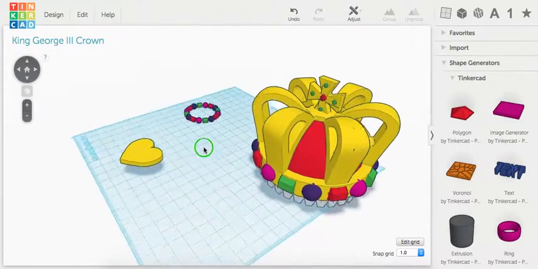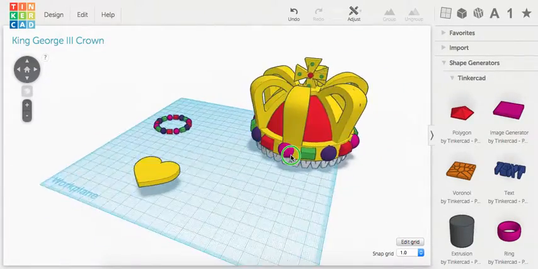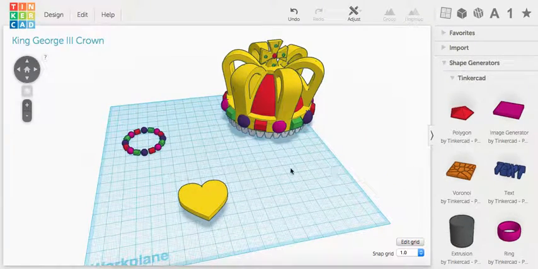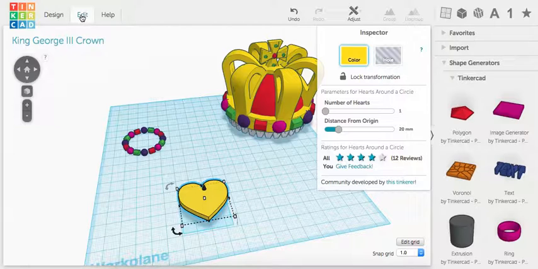Okay, for my final project I chose to do King George's crown. You're probably wondering, how did Mr. Allen make such an amazing 3D object? Well, thanks for asking. Remember back to Unit 4 in Let's Learn Tinkercad with the heart project, we duplicated